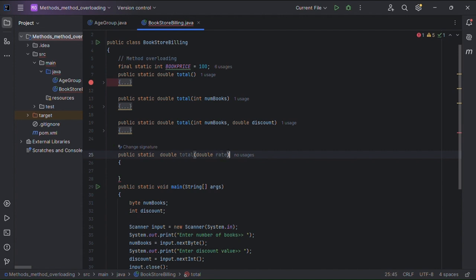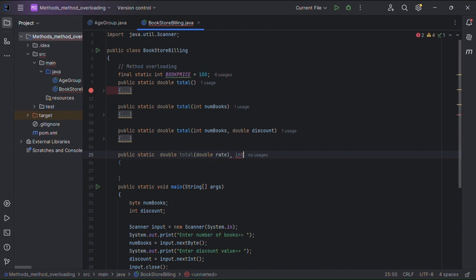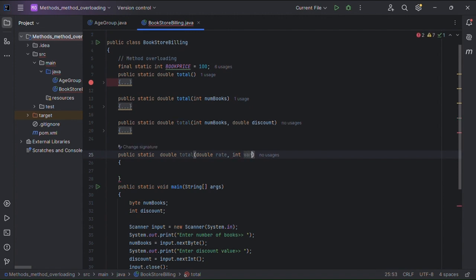So if I were to say the parameters are a double called rate and an integer called var, right? Then this would work,